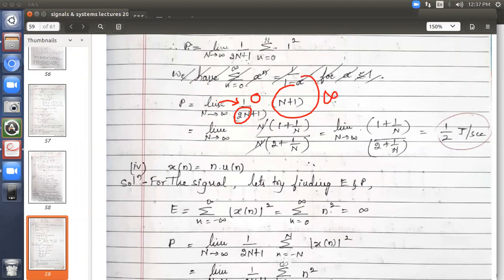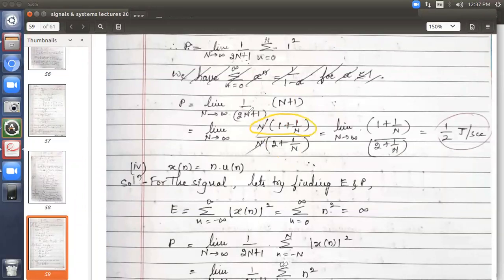So just to remove that, for application of the limit, I will simplify this numerator and denominator. How can I simplify? Take n common in the numerator, take n common in the denominator. I have taken n common in the numerator. What will I get? 1 plus, n is common, 1 plus, here you don't have n, so divided by n. Check back whether you will get it back. n into 1 is n, n into 1 by n is 1. You will get it back. Okay, so this is the numerator.